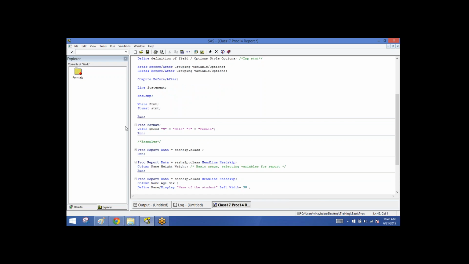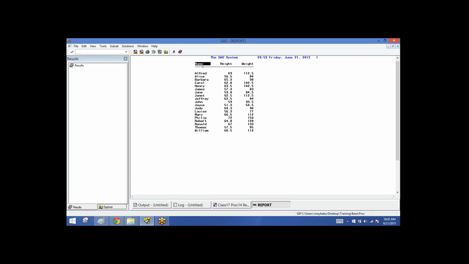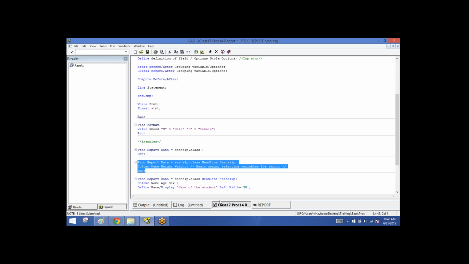So previously, if you saw the previous report, what is happening? The variable names are printed as they are, right? So this is the name present in my class dataset. This is the name present for my variable for height, and this is the variable name in my class dataset for weight. If I want to modify these names in my output results,